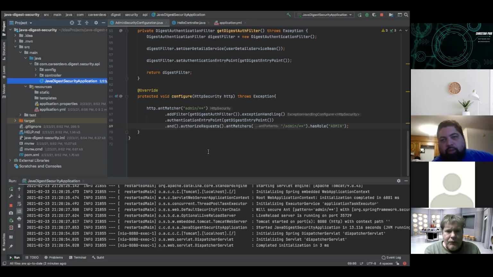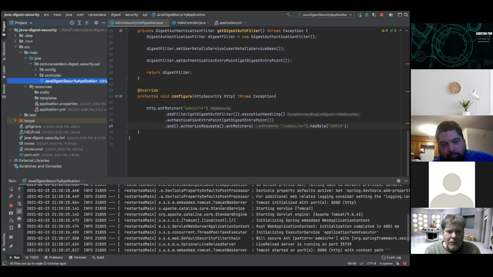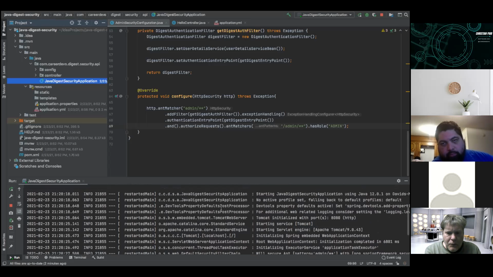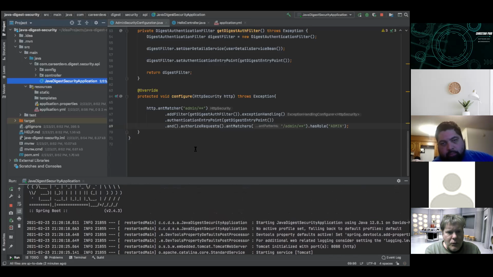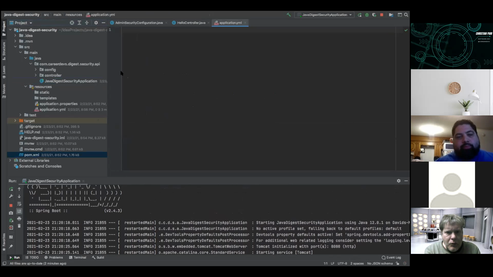Yeah. So what are you getting for the error? It's saying application failed to start, failed to configure a data source, URL attribute is not specified, and nothing could be configured. Reason: failed to determine a suitable driver class. So I feel like I need to have something in either my properties or YAML. No, there's nothing. My YAML's not running, so there's nothing in my YAML. And mine just ran. So let's look at your